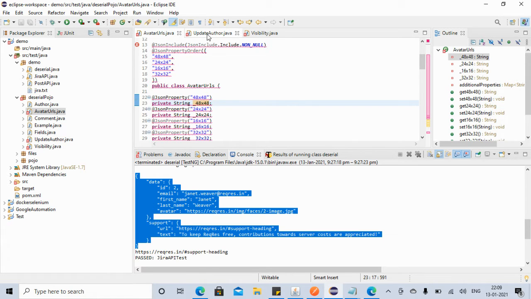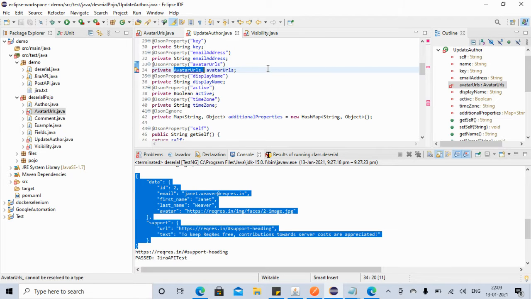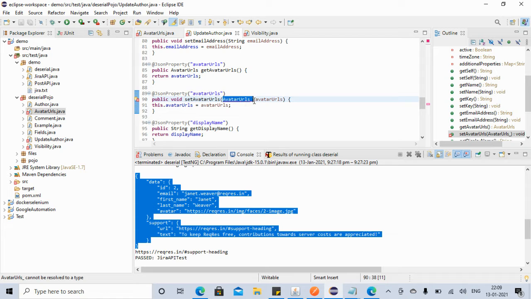Let's see this update author also. What is the problem with the update author? Maybe. So avatar URLs. Just change it to avatar URLs and it should be fine. Change it to avatar URLs and then this is also fine. So now update author is correct.